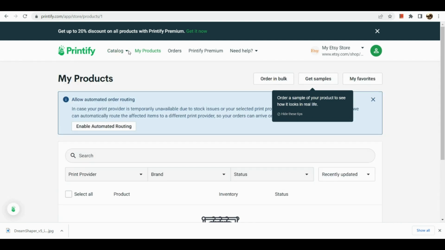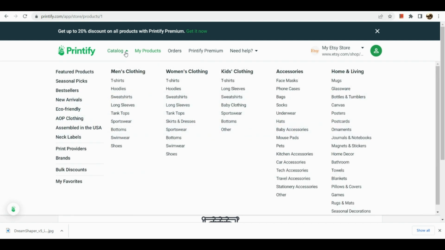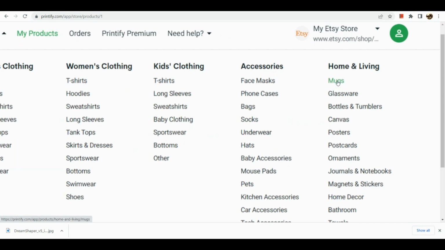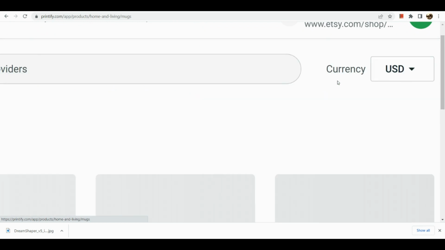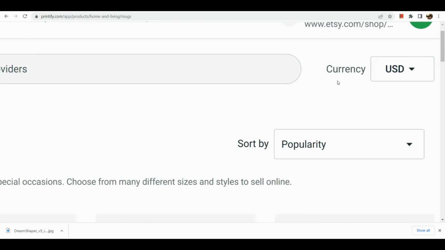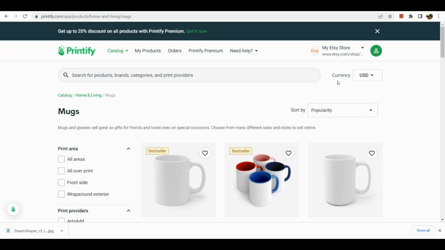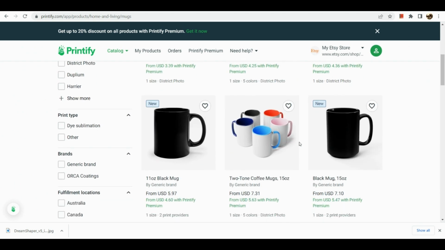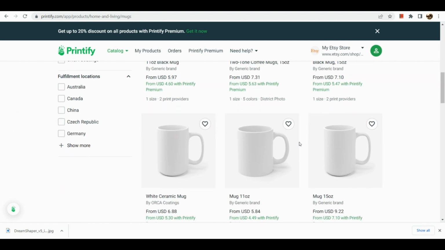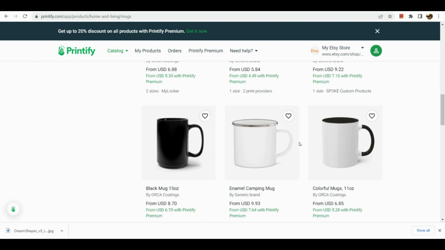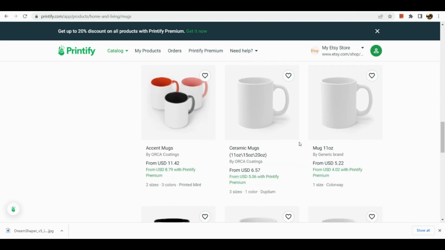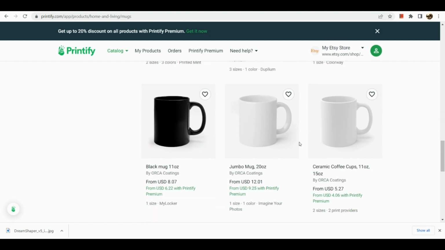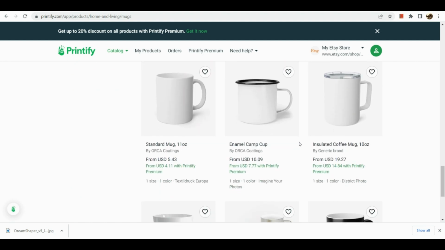actually choose mugs or look for mugs here in the items under the catalog section. So we can find mugs under home and living, and we're just simply going to click on it. Now there are actually a variety of mugs that you can choose from. So they also have those cups wherein, you know, when you pour in hot water, then the design will come up, and that's the kind of mug that we would like to